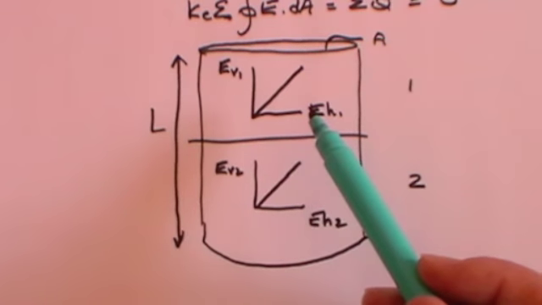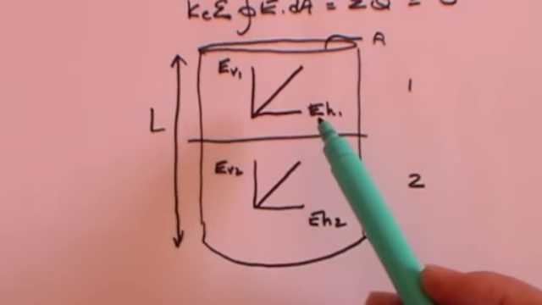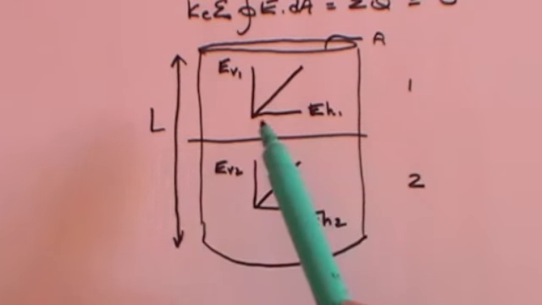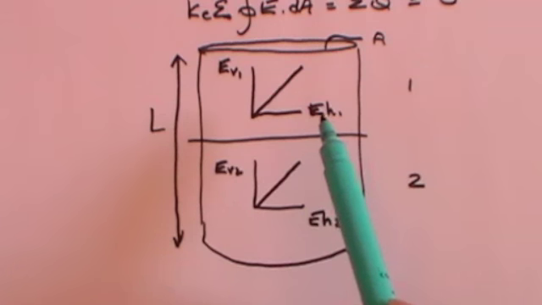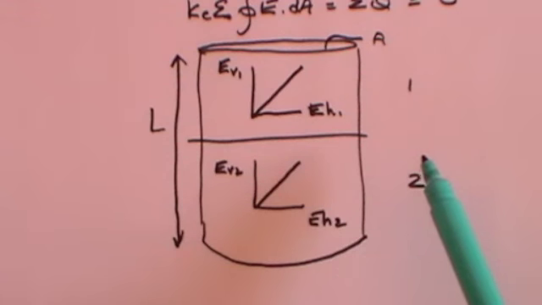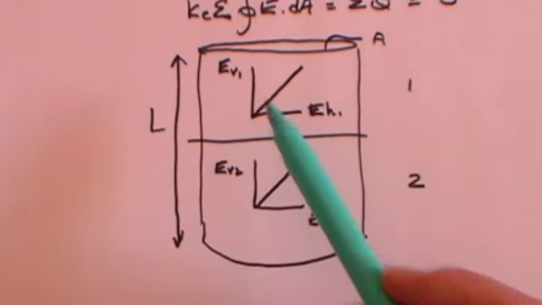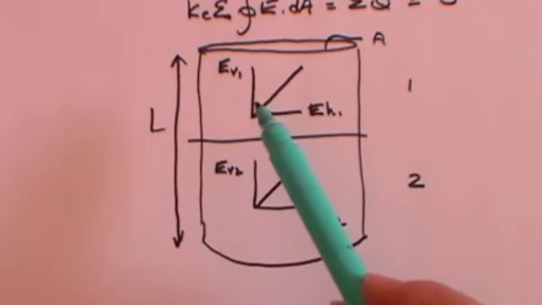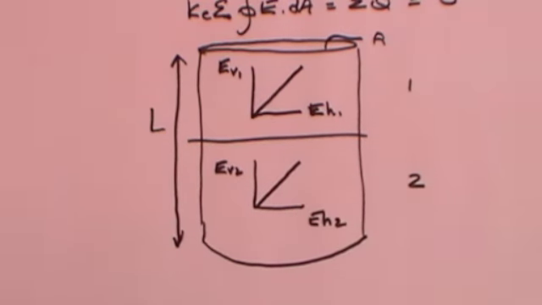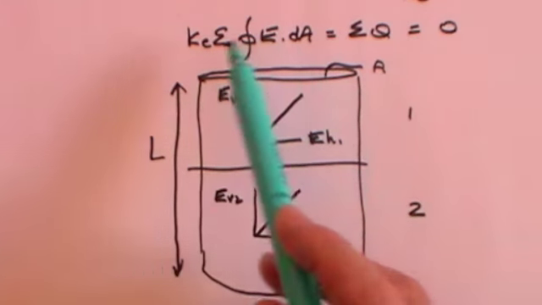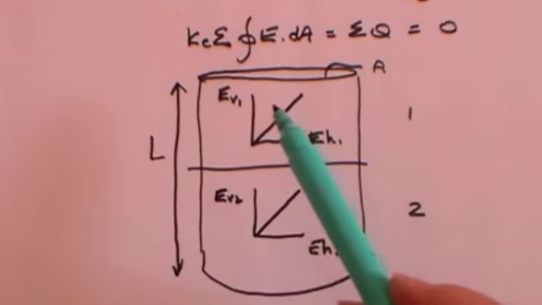There will be no components of EH1 and EH2 going through the top or the bottom because they're going parallel to it, so they can't go through. Similarly, EH1 and EH2 will go out through the sides. No value of EV1 or EV2 will go out through the sides because they're obviously going parallel to it. So what we can do is take this equation here and say that as far as